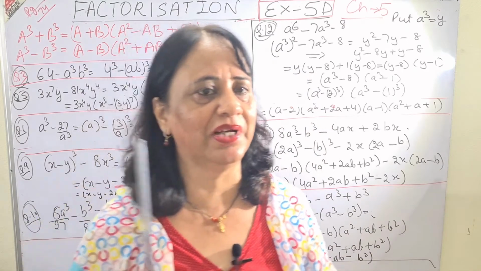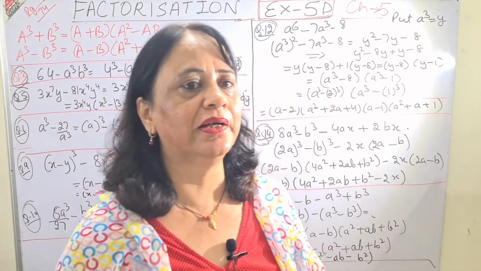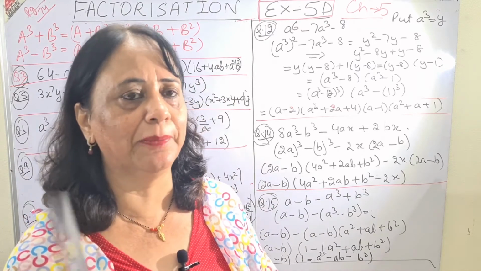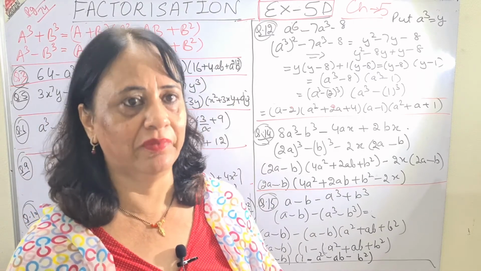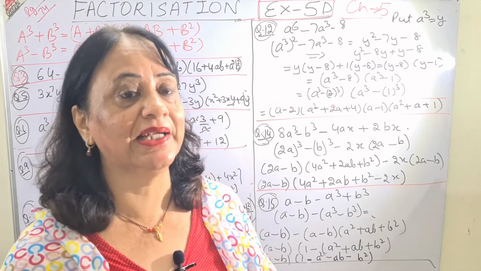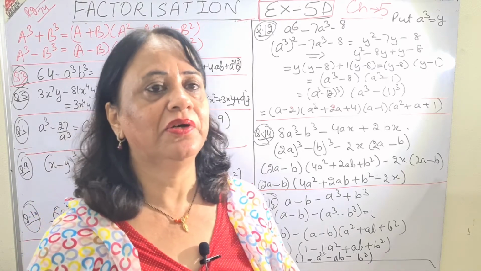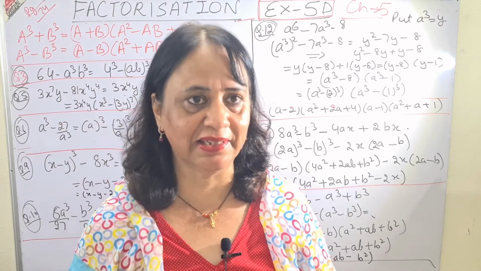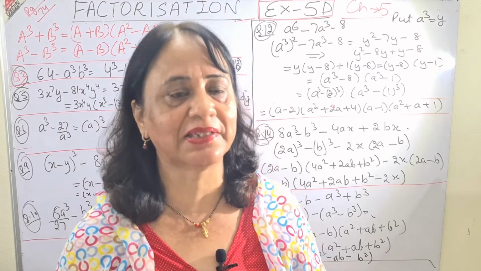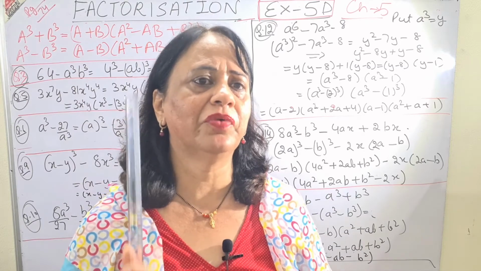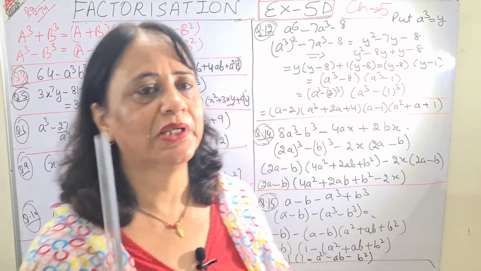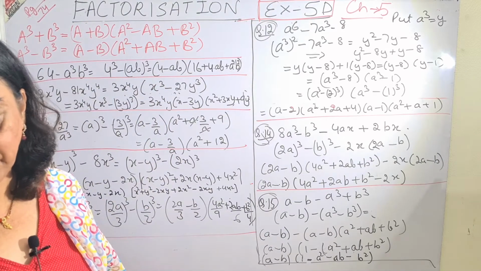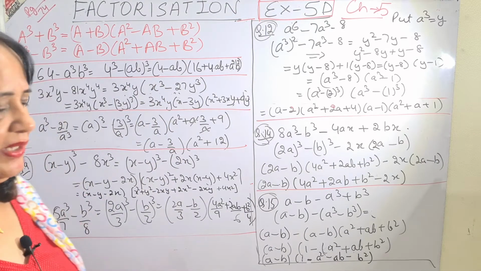So now I will go with exercise 5d. Again, this formula you have done in 8th standard, and you are well versed with it, but before starting the exercise I will give you the base on which this exercise will work. It is a very easy exercise, easier than the previous one. 5c is more difficult than 5d; it is easier and the sums are also very few. One technique will follow from the first to the last sum. So starting with question number 1, 2, 3, same. I am doing question number 3, exercise 5d.